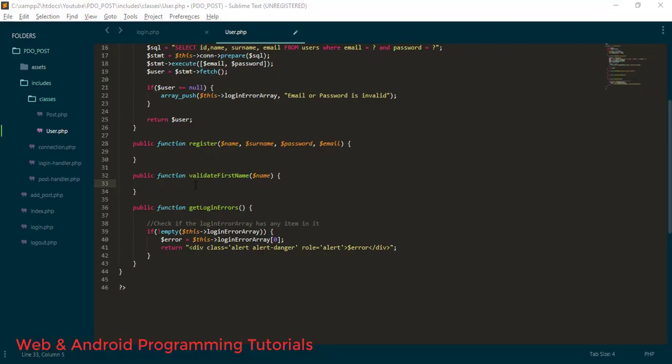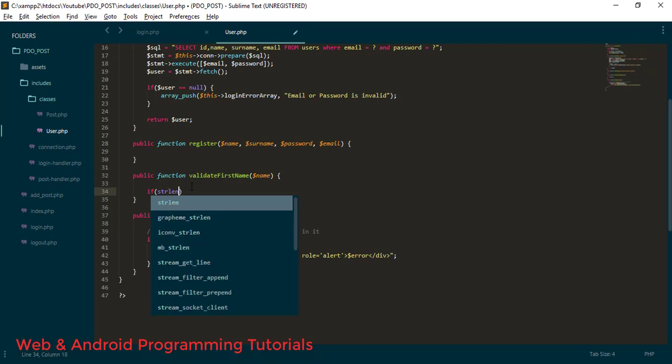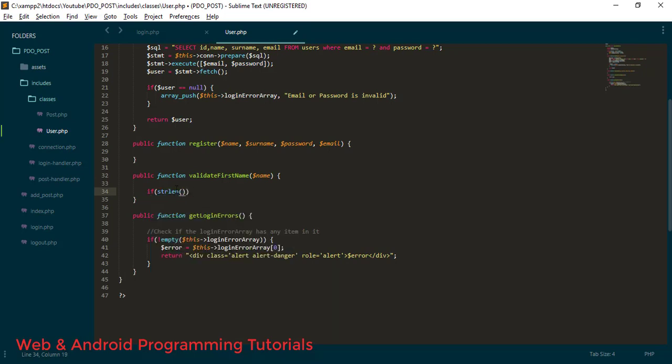In this function I'm just gonna write if strlen. This is a predefined function in PHP, and we can determine the number of characters in any string value. So I'm just gonna put this name inside this, and I will check if the number of characters in this name is less than 4,